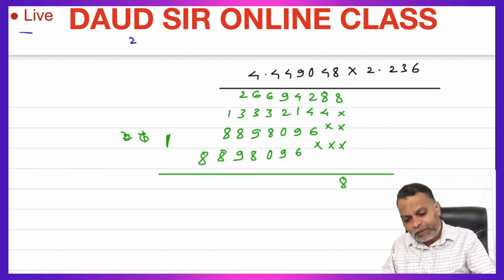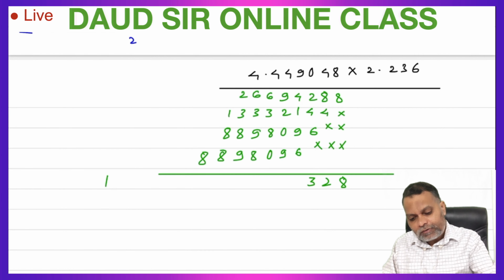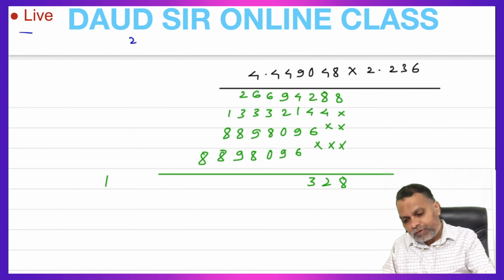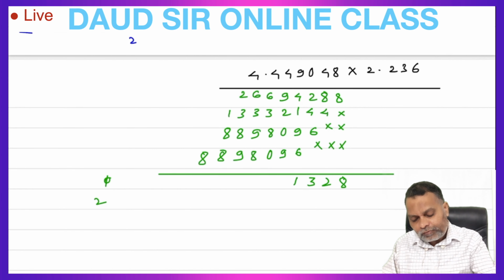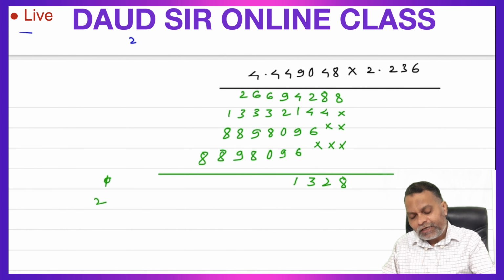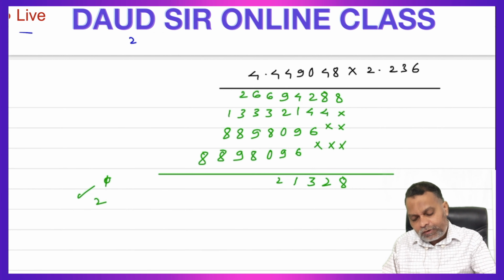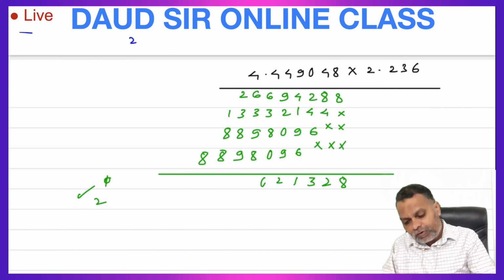8 8 plus 4 12, carry over 1. 3 plus 4 7, 7 plus 6 13, 3 carry over 1. 5 6 6 plus 9 15, 15 plus 6 21, 1. 21 1, carry over 2. 2 plus 9 11 plus 2 13, 13 plus 9 22, 2, carry over 2. 2 plus 6 8, 8 plus 3 11, 11 plus 8 20, 0, carry over 2.